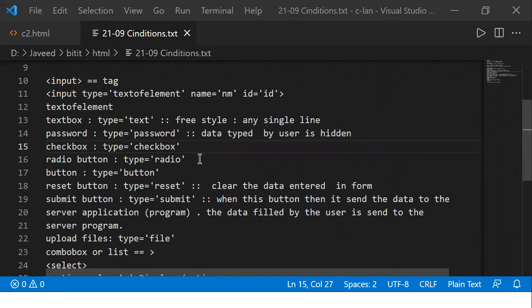Only one will be used. We will not allow the user to go for both credit card and debit card, cash, all that. We'll ask the user to select only one option. In such a case, I'll be using a radio button.